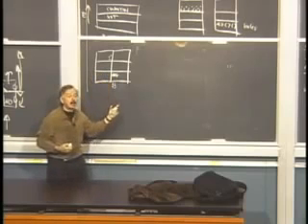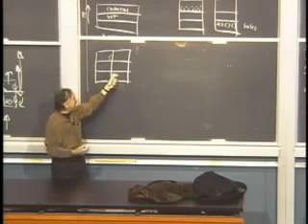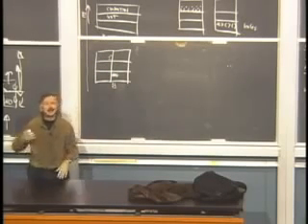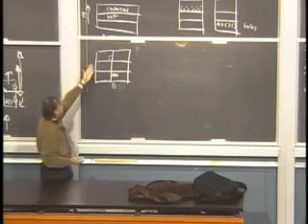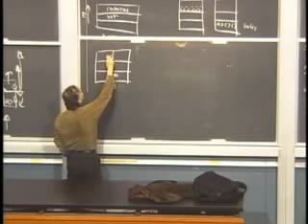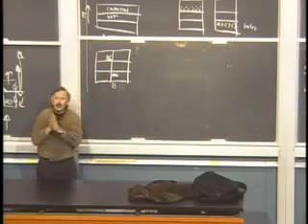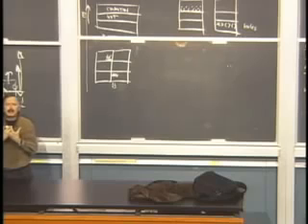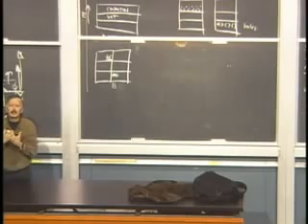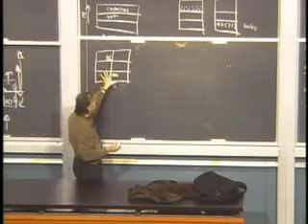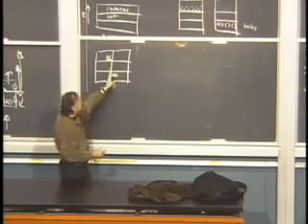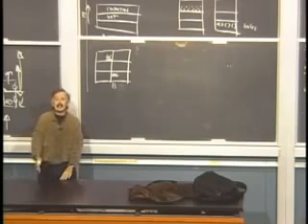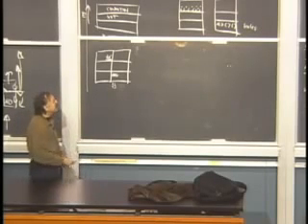Well, wait, negative charge. They repel each other. They should go right back. Oh, but to go back, they have to gain energy. So they can't get back to this side because they'd have to gain energy because of the energy gap. Meanwhile, this side has the positive charges left over. So we actually have a charge separation taking place just by touching these two materials to each other. What I want you to know is the following, that by suitably putting together two semiconductors, you wind up getting charge to separate in the middle, and that has an effect. The key effect for this device is it's a diode.